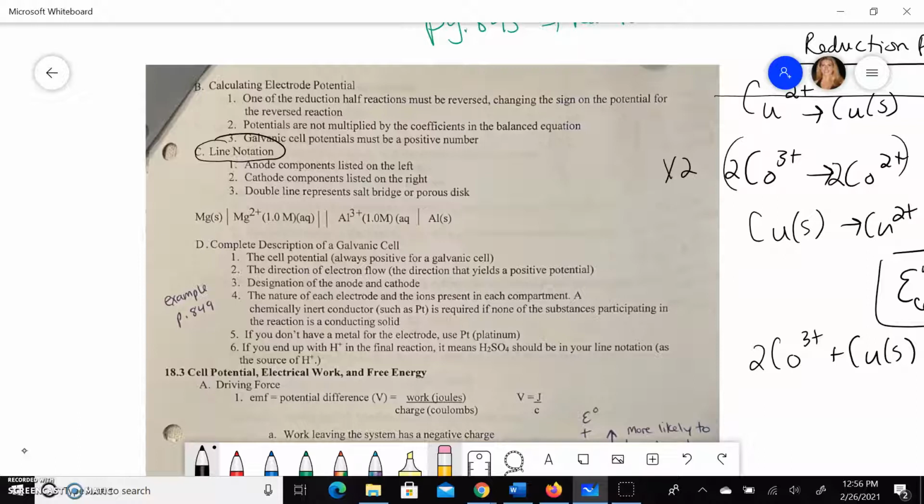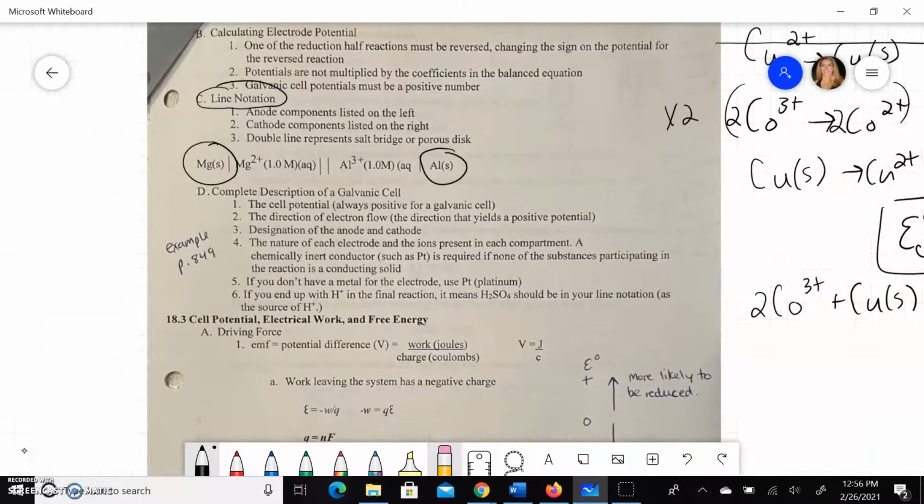doesn't say this, but you put the electrodes, the solid electrodes, on either side of the line notation, so they'll always be on the outside. And there's a few more rules down here that you want to make sure you read through carefully,